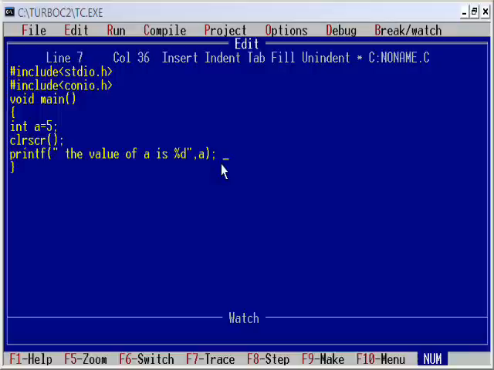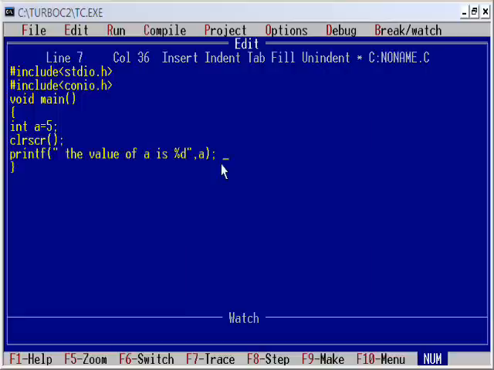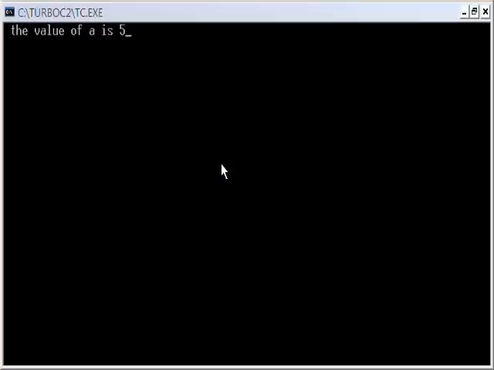Now let us compile and execute it to check whether it is working fine or not. Compiled successfully with 0 errors and 0 warnings. See, the program is executed successfully and it is displaying that the value of a is 5.